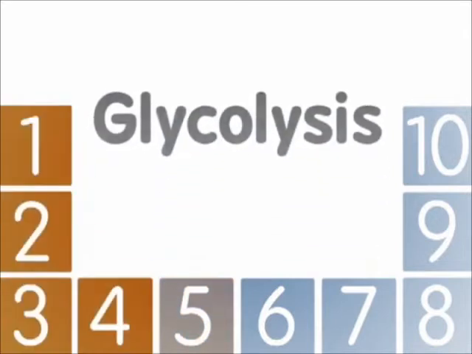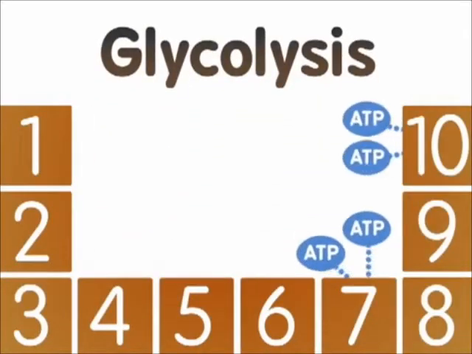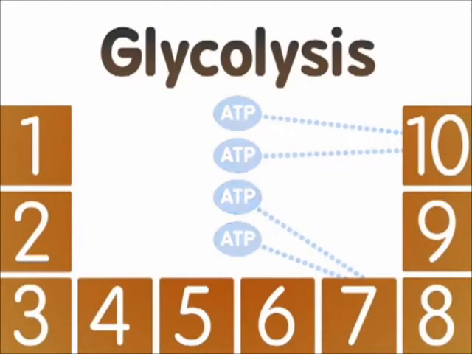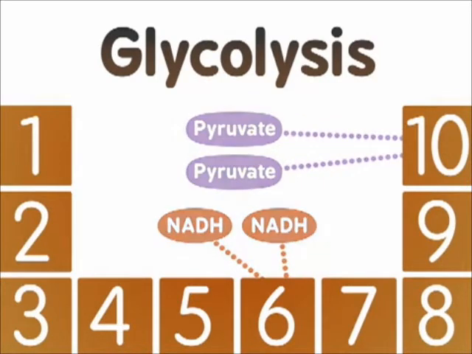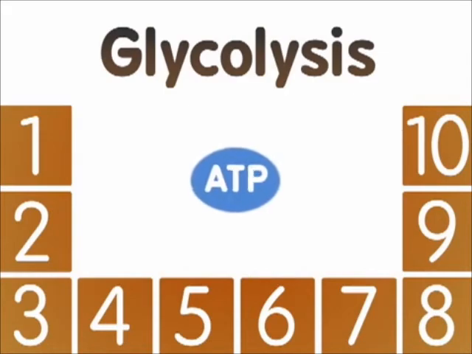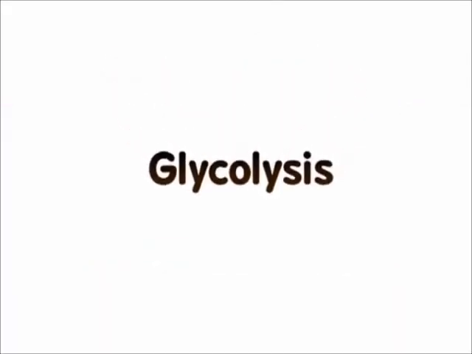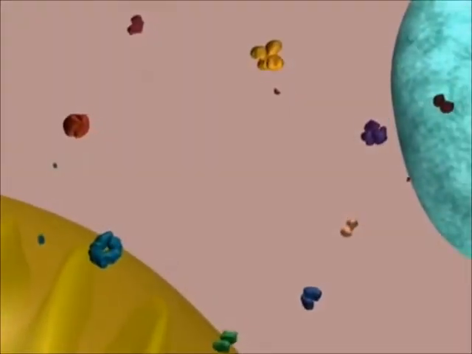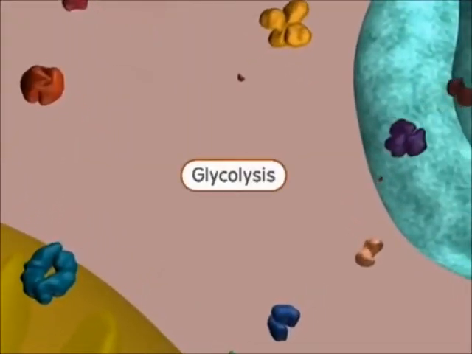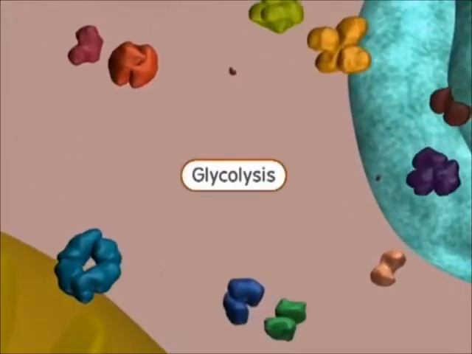Glycolysis is an important pathway for cells because it produces ATP and other products such as NADH and pyruvate that can be used later to produce more ATP for a cell. This key process takes place in the cytosol of the cell. Let's take a look at an overview of the key steps of glycolysis and focus on the input and output